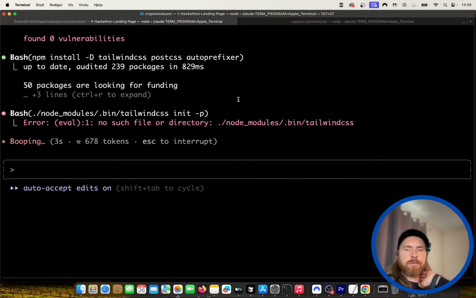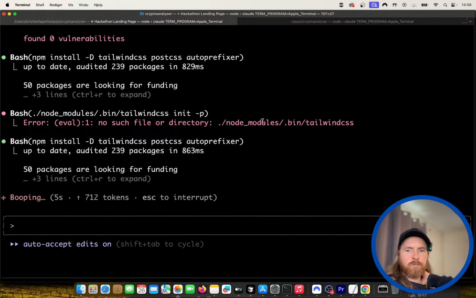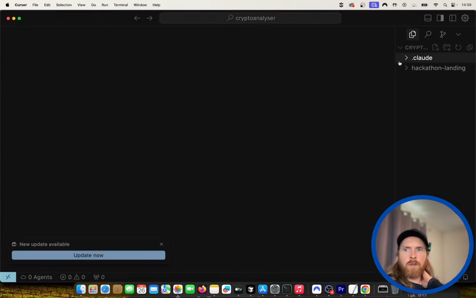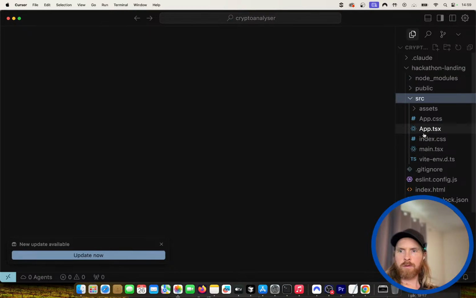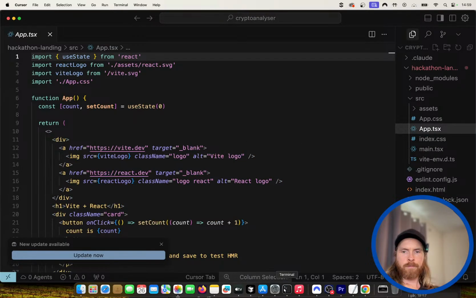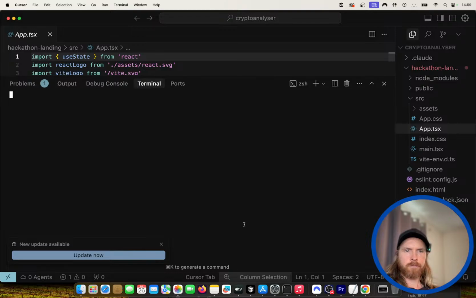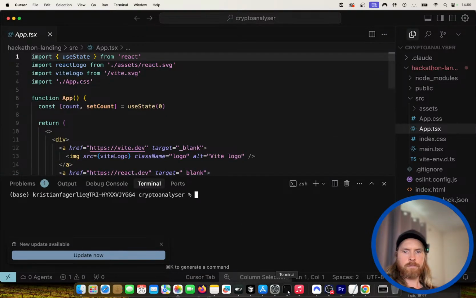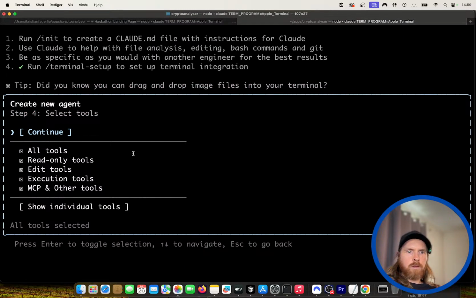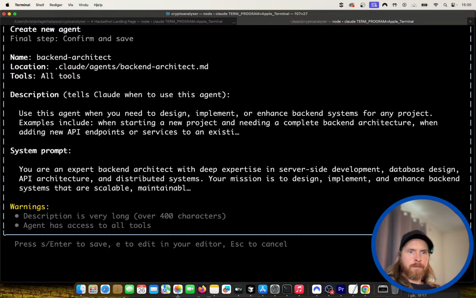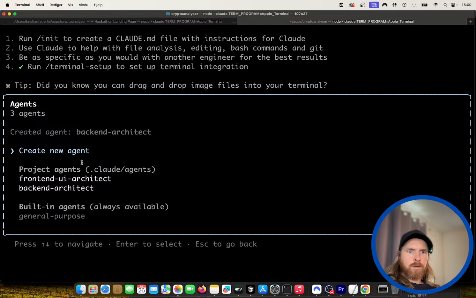Struggling a bit here. So what do we have so far? We have a Vite source. Okay. So now we have our front end and back end agents.